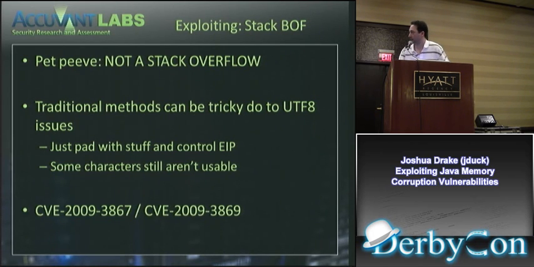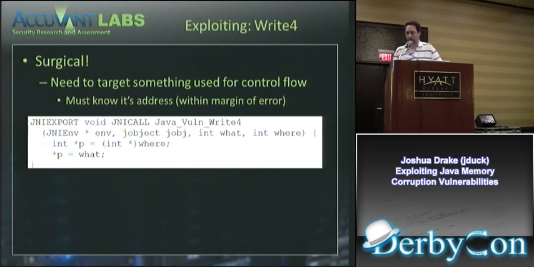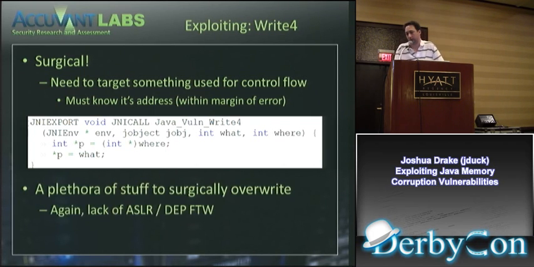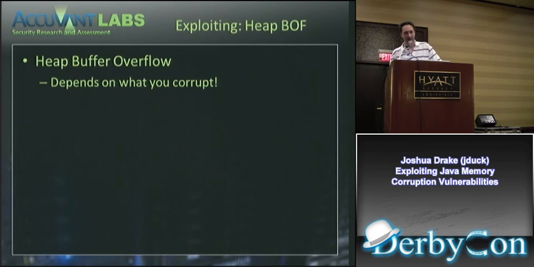These two bugs were both stack buffer overflows. They're fixed in the same patch release, and we'll look at them again in a minute. So with write-four, it's more surgical. You have to know where you're writing something. So again, with no ASLR, you just kind of write it wherever you want. And Java has a crap load of function pointers all over the place, and all kinds of really nice stuff like pointers to structures that have function pointers in them, and probably pointers to stuff that will do all kinds of other fun stuff, like maybe execute the JIT or something. I'm not sure.